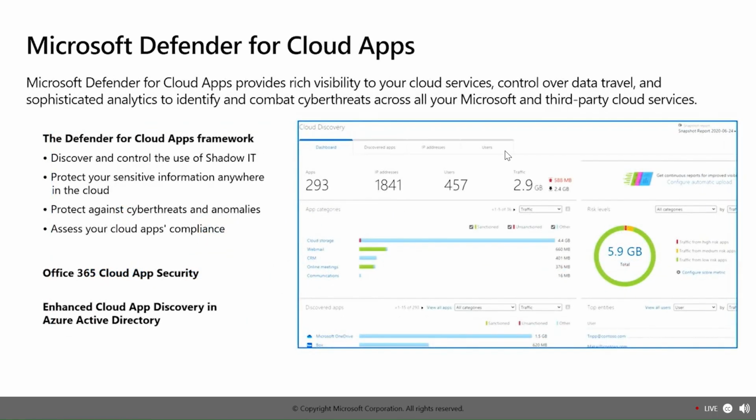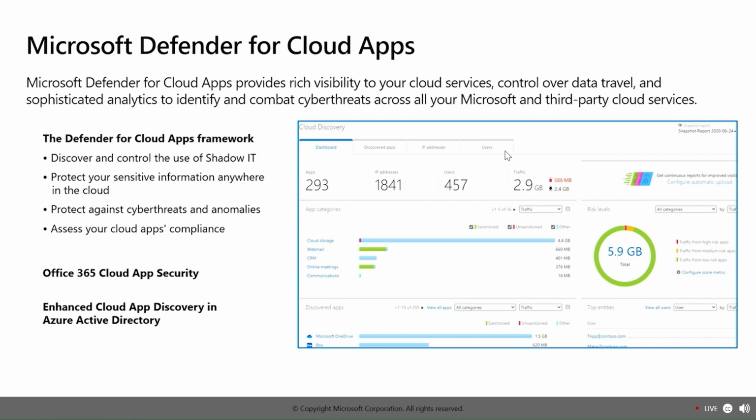Microsoft Defender for Cloud Apps. Moving into the cloud increases the flexibility for your staff and your employees. However, it can pose loads of different complexities and new challenges for your organization. Keeping your apps secure and also allowing people access to them from different parts of the world in the cloud